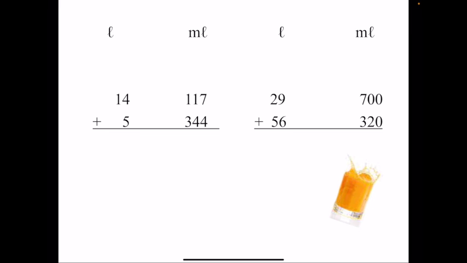Few more sums. 14 liters 117 milliliters plus 5 liters 344 milliliters. The next sum, 29 liters 700 milliliters plus 56 liters 320 milliliters. These sums you have to do in your rough copy.